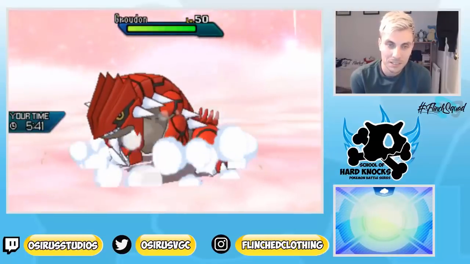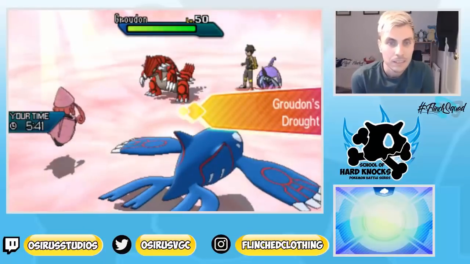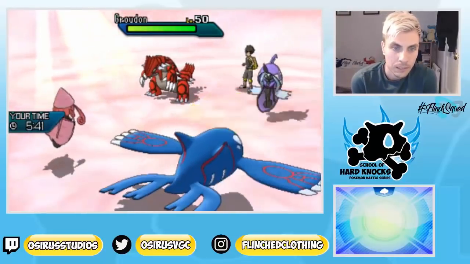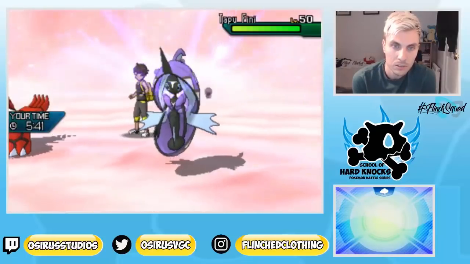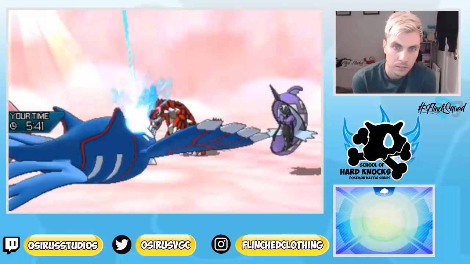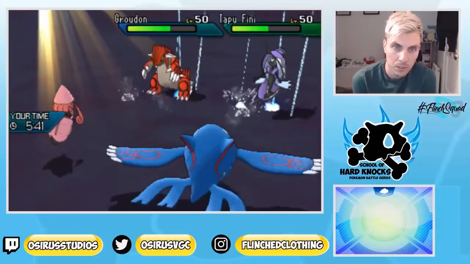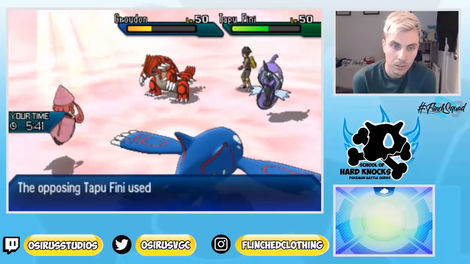Yeah, that makes way more sense. There's the Sun, there's a Psyshock. This should still be decent damage. That's not bad, it's not bad. The Water Spout's going to do good damage to the Groudon. Yeah, I mean, we'll get it the next one, so